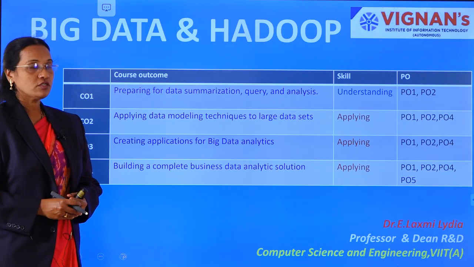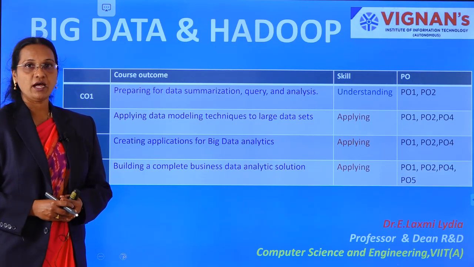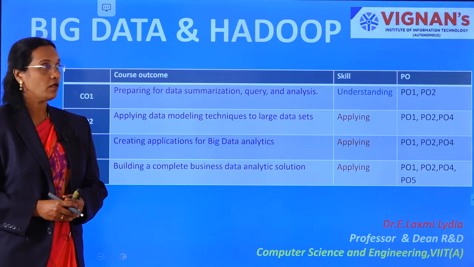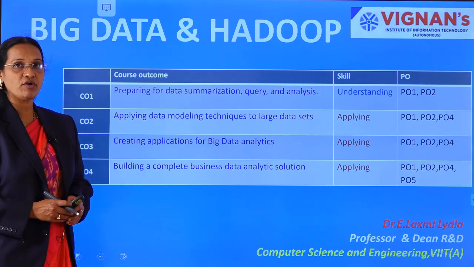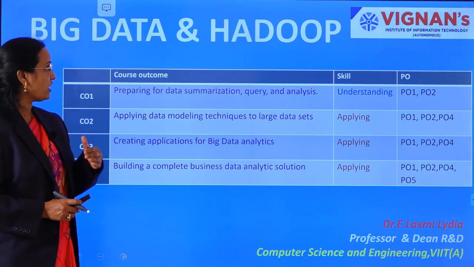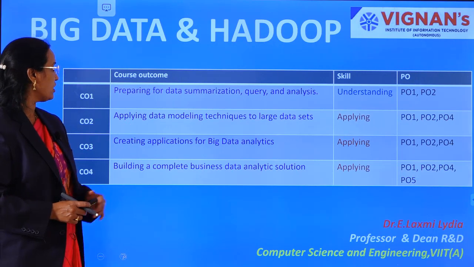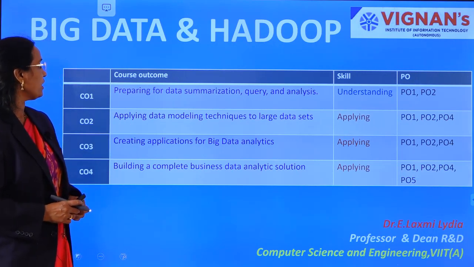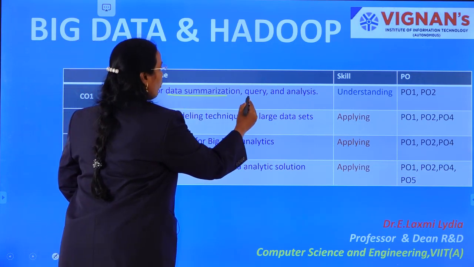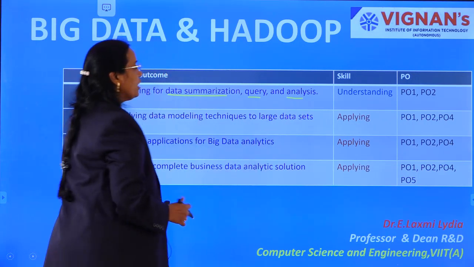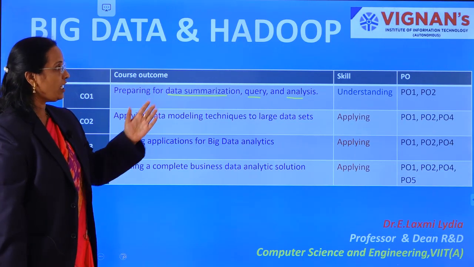In this course, we are going to learn about what is big data and the software of Hadoop. The Big Data Analytics course has 4 course outcomes which we have designed. After learning this Big Data Analytics, we are supposed to learn the following 4 outcomes. The first one is preparing for data summarization, query and analysis. So this is all about the skill about understanding, and through that we are going to achieve